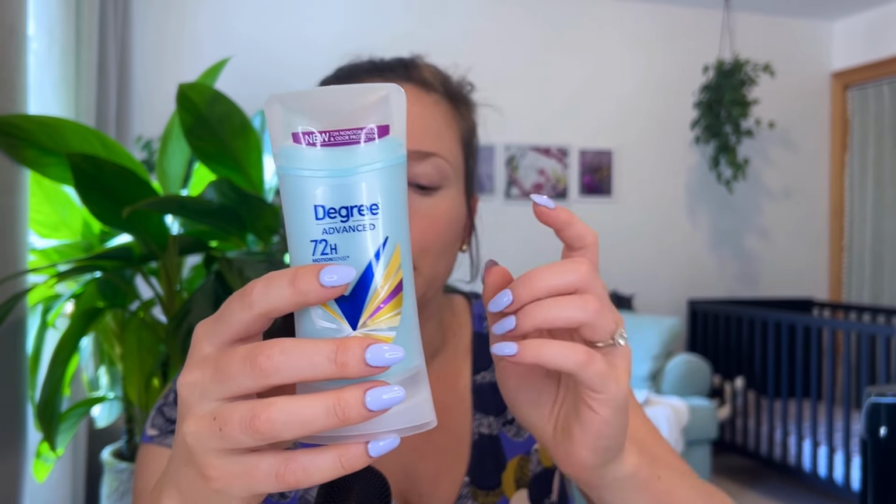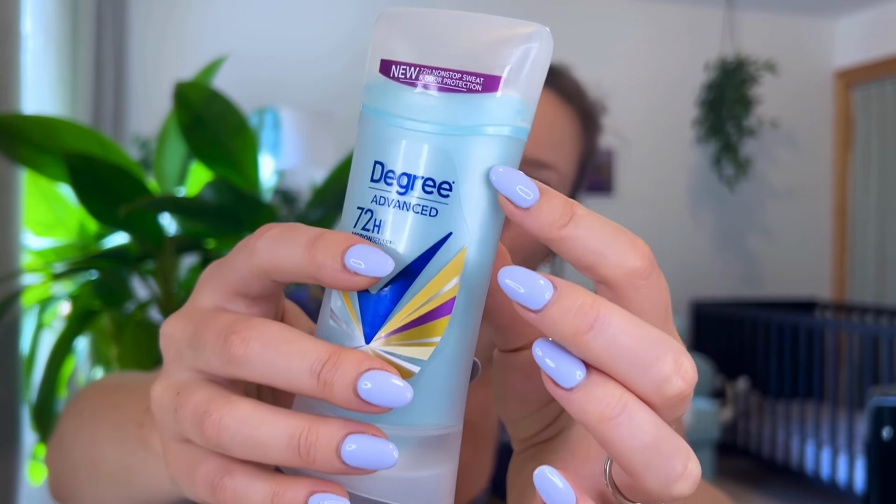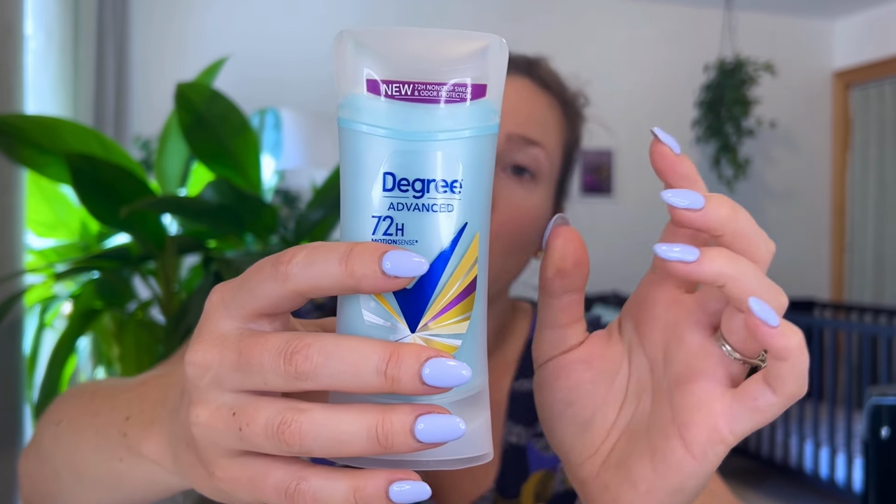Then this is deodorant, as you can see. This is not at all my favorite type of deodorant. I simply have it in here because I'm trying to use it up. I don't know if you can tell, but it's almost gone. So I thought I would just put it in my travel bag. It's just a solid deodorant, but I don't like it because it's scented, and I try to buy unscented deodorants